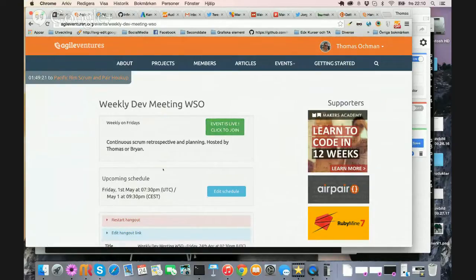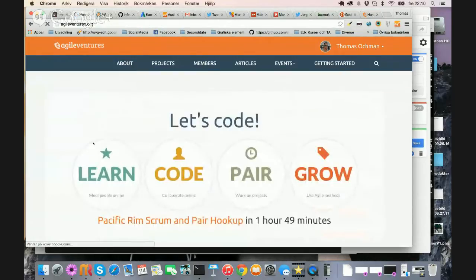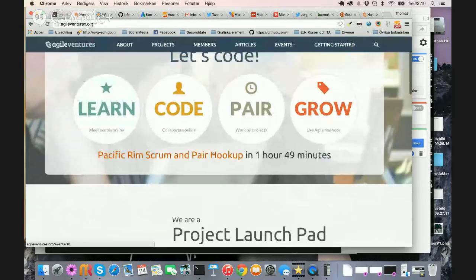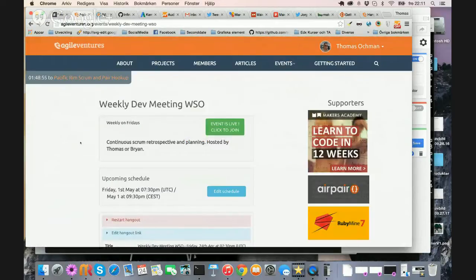Yes, but we are talking about the 149.18.2 per scrum of this. You mean here on the landing page? No, on the events page where you were. Yeah. Here you see at top: 1 hour 48 minutes 48 seconds to per scrum, or per Pacific Rim Scrum. Yeah. Pacific. Okay.